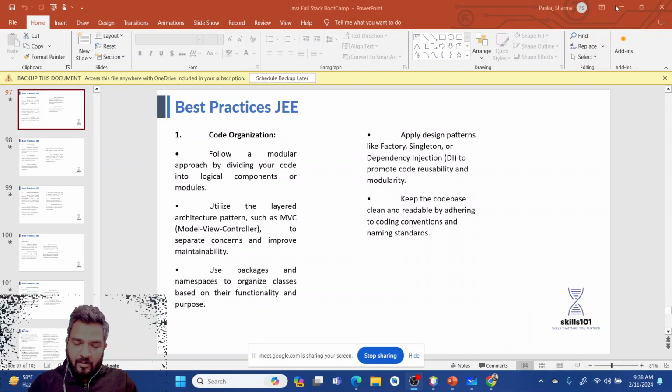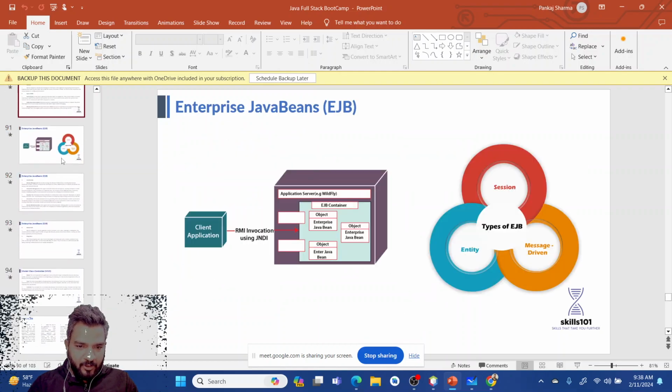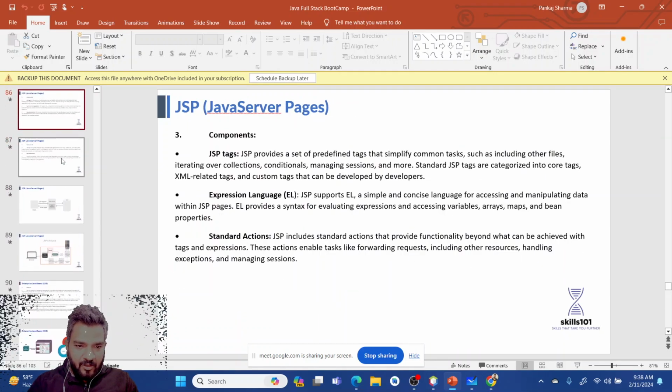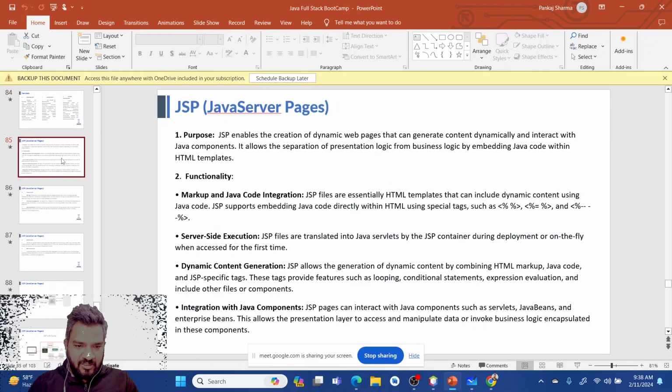So yeah, what we can do in JSP programming. First, what is JSP? Java Server Pages, the basic idea is to create dynamic web pages, right? It is like a servlet, but it is a better technology than servlet because in Java, servlet was created